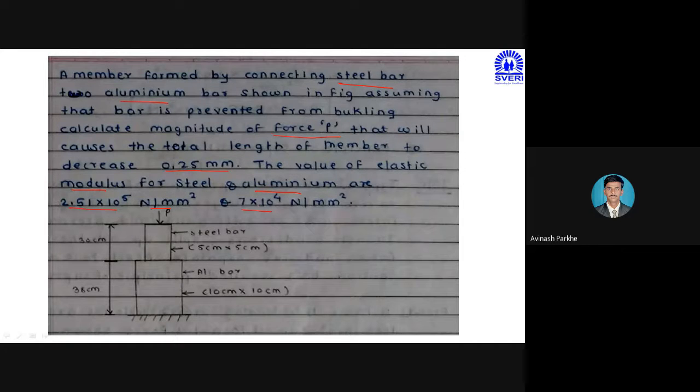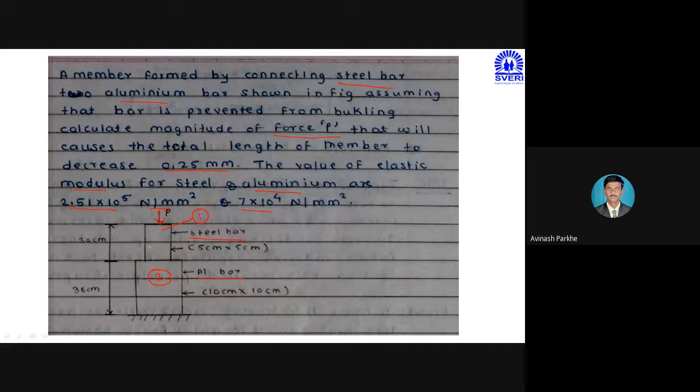Okay. So if you go through the following figure, in that particular figure, that construction is represented. If you go through the figure, it consists of two sections. For example, this top section, section number 1, is called steel because the steel bar itself is named. Then the bottom section is section number 2, which is called the aluminum bar. Here the name is given. Okay. And from this particular top side, this P amount of force is applied.